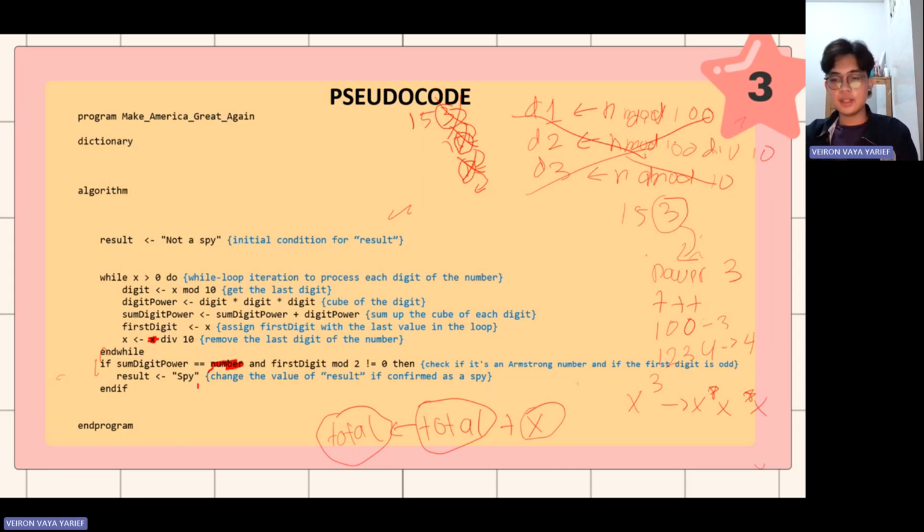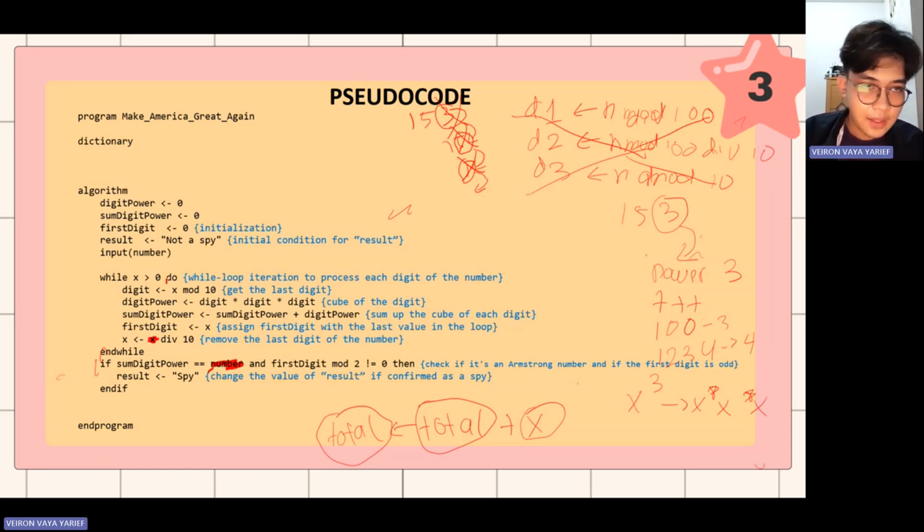So after reading this, we need an input. We need initialization first. In the while condition, the sum digit power, the first digit, is always an initialization number. Always do initialization outside at the first thing. So after that, we input numbers, right? As you can see here, number is